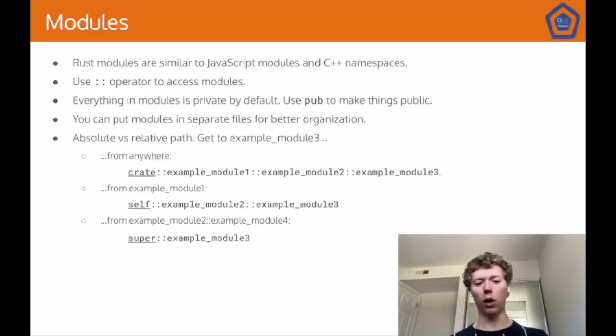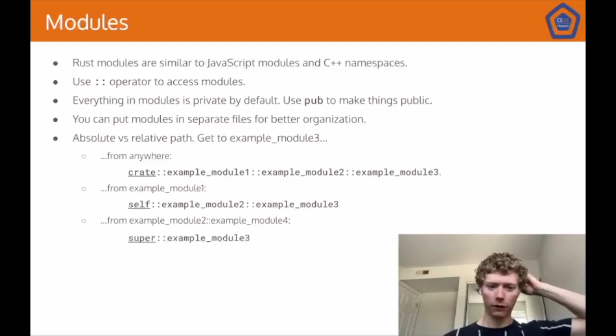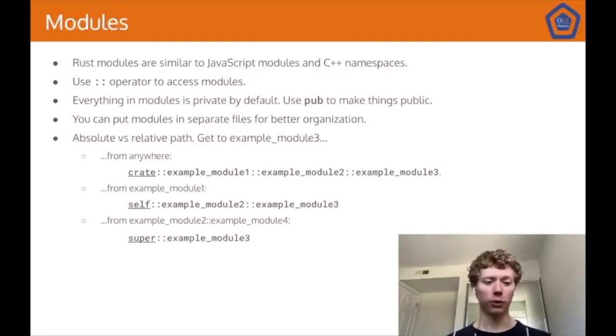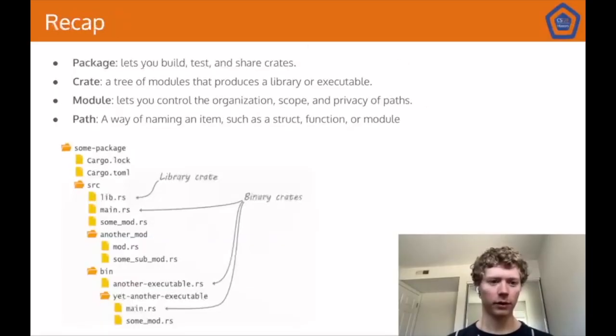Or you can use super to go up a directory, basically. So if you think about these paths to modules as similar to directories, crate is like doing slash to get to the root of your file system. Self is like doing dot slash to get to your current folder. Super is like doing dot dot slash to go up a directory. So we'll see some examples of all of these